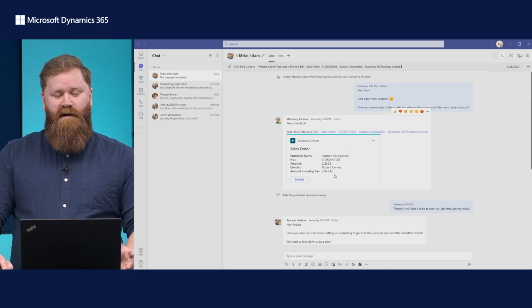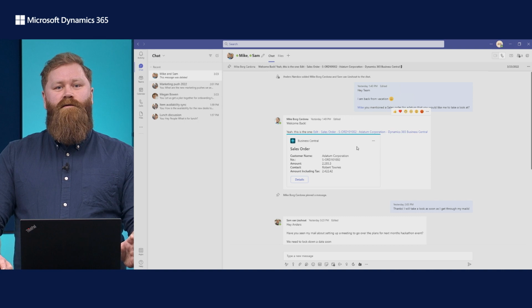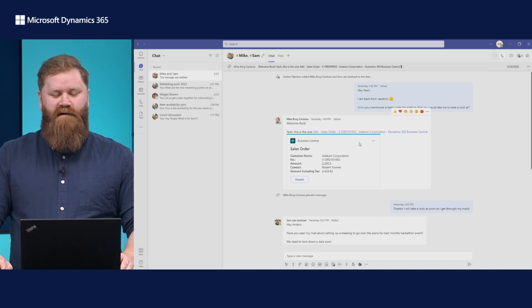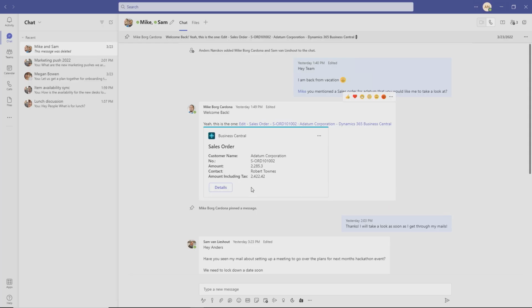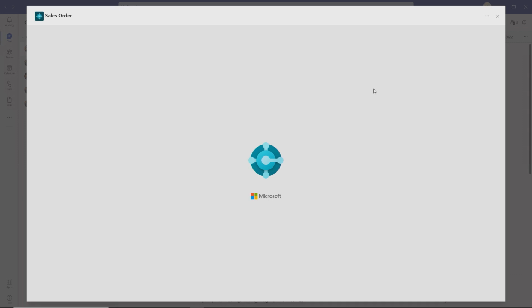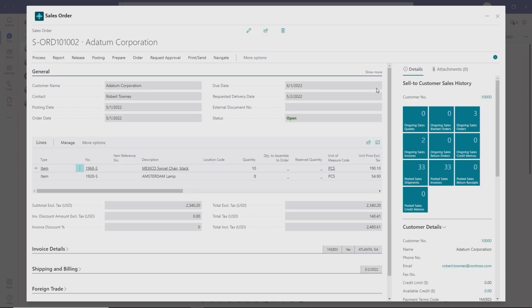longer here. We have moved that inside the details view to give you a more progressive experience when you're working with Business Central inside Teams. Let's click details and see what it looks like. So what you'll notice here is that we're getting an almost full screen experience while still being in the context of Teams. This means that you can easily get an overview of all your data and go ahead and make